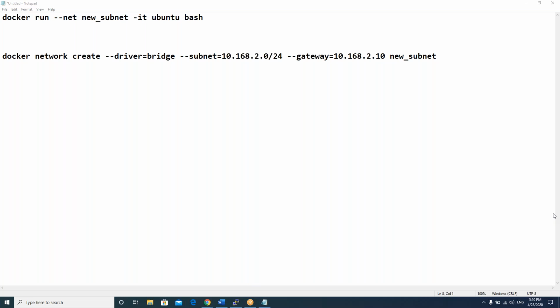So my question is, let's assume that I don't have access to Docker Hub from a particular host. Whatever Docker host I have, I have the image, but I don't have internet connectivity. I cannot connect to Docker Hub from that Docker host. But I do have one more Docker host in the same network. Now I want to copy that image from one Docker host to another Docker host.